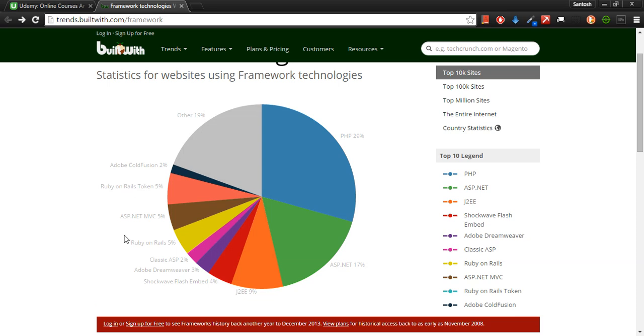I'm a little upset that I did not see Python over here, maybe due to some reason, but that shouldn't be a problem because we are looking at framework technologies. But in any case, you might go with Adobe Cold Fusion, you might go with ROR or ROR token, right? And you can go with these sort of technologies that you see minimally used: 2%, 5%, 5%, 5%, 2, 3,